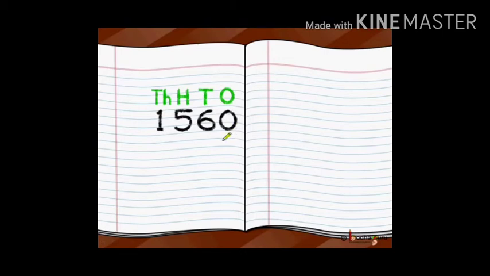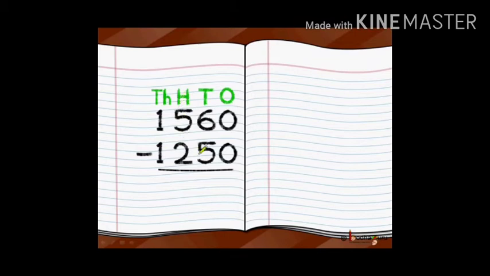Now, how many trees were cut? 1,250. So we will write it exactly the same way as we wrote the original number of trees. For subtraction, my dear students, we use this subtraction sign. Okay, I hope you understand. Now we have to find out how many trees are left in the jungle. So how will we do it?